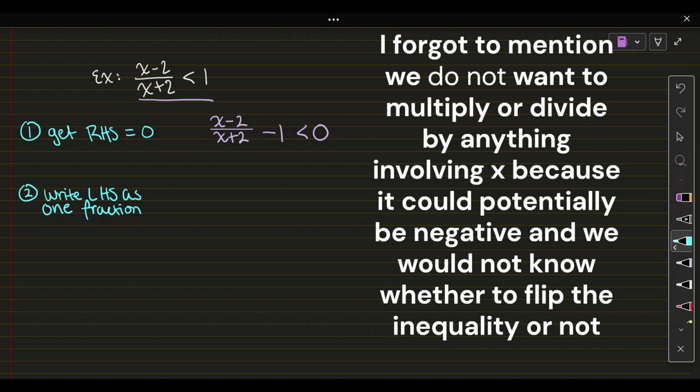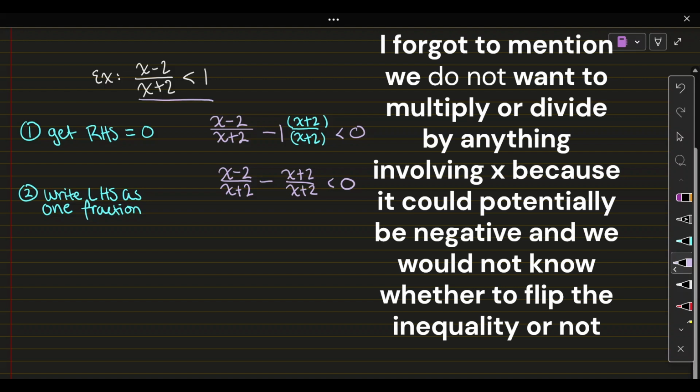In order to do that, I would give these two terms a common denominator so that I can combine them. So I will multiply this 1 by x plus 2 over x plus 2. Okay. Now what I have is x minus 2 over x plus 2 minus x plus 2 over x plus 2